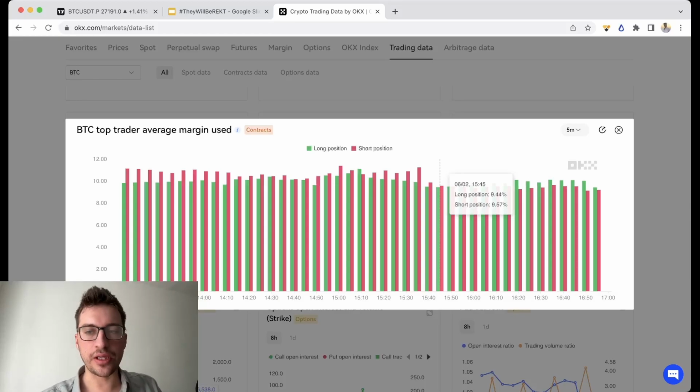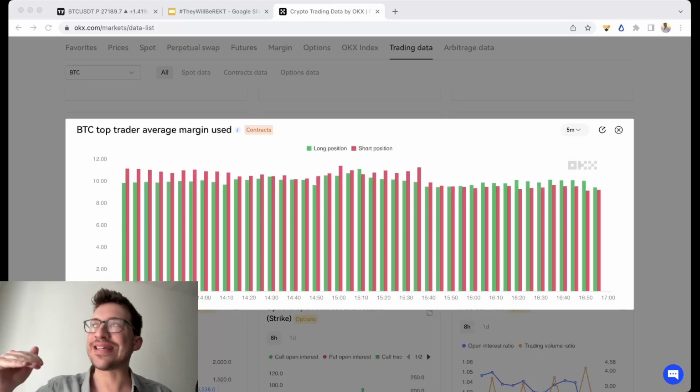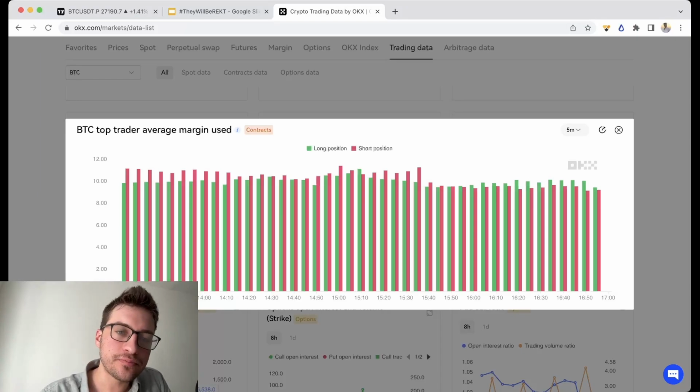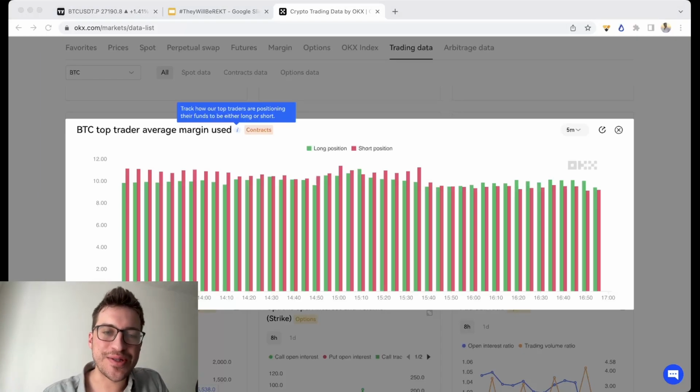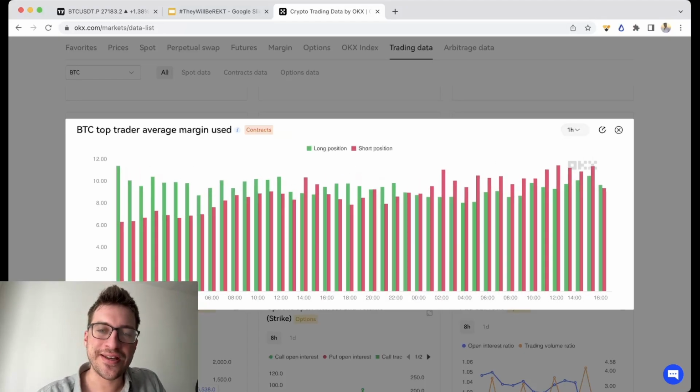So I feel like this is a really good indicator to show top traders. Do remember that when it comes to top trader volume, meaning the biggest volume on the exchange, that's going to be a mix of professional traders with a lot of money and gambler traders who are getting into this top trader bracket because of their leverage, because they might be 100x leverage, and that could be skewing some of this data. But that being said, this is a really cool indicator to see just how much